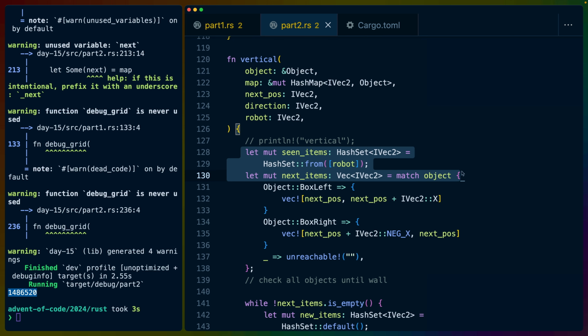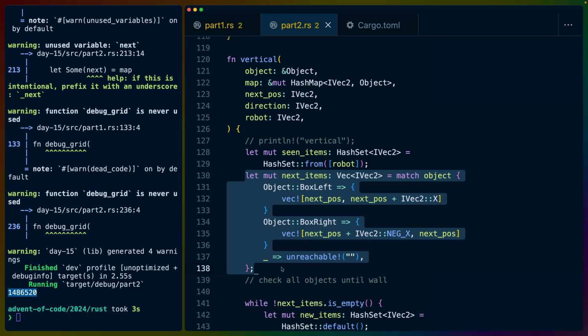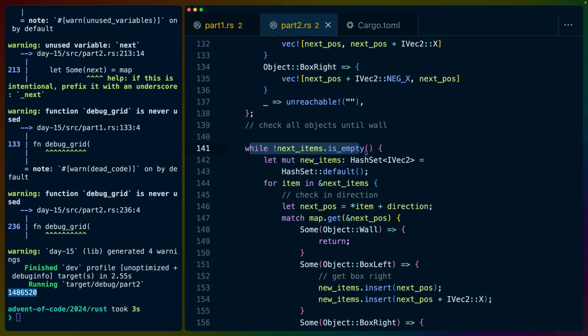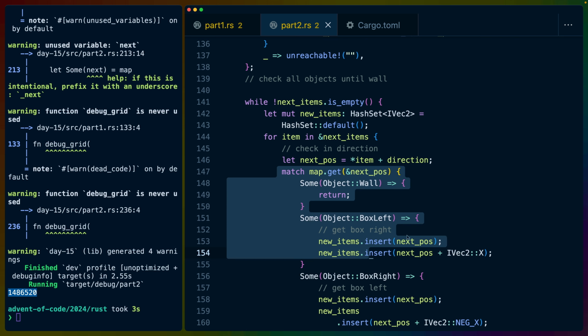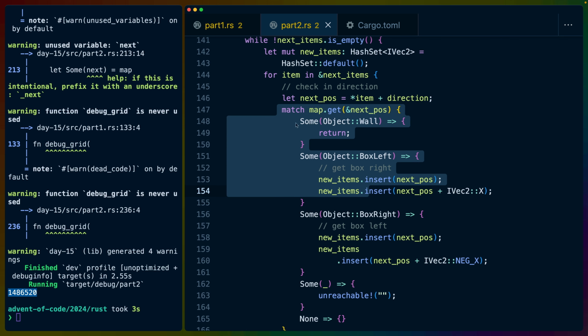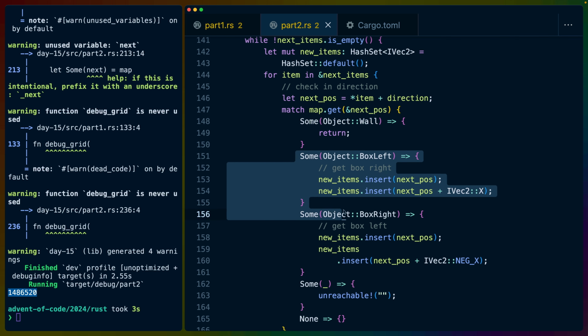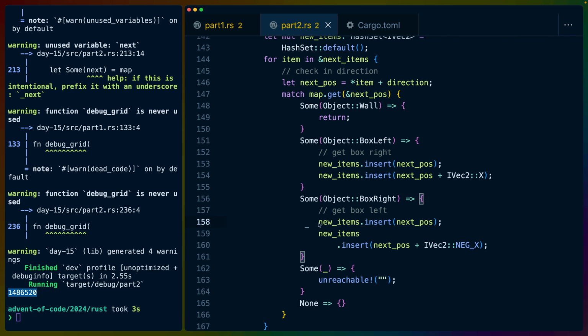For vertical, we keep a couple of intermediary vecs here. We keep the items that we've already seen, which starts out to be the robot. We keep the items that we're going to process next, which in this case is going to be the left and right box pieces. While we have items to process, we set a new hash set, iterate over the items to process, and check the positions above them to see if they can move. If it's a wall, it can't move. If it's left and right box pieces, then we have to get both of them because we can't move half a box. And otherwise, we just iterate over those items and